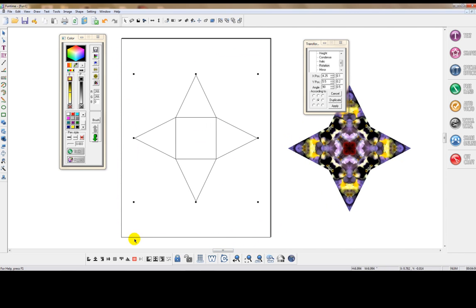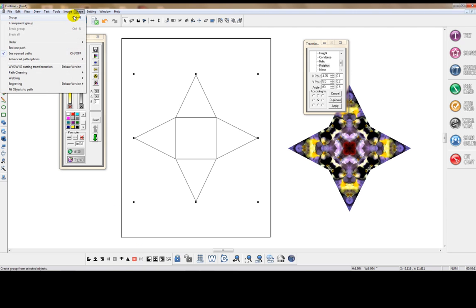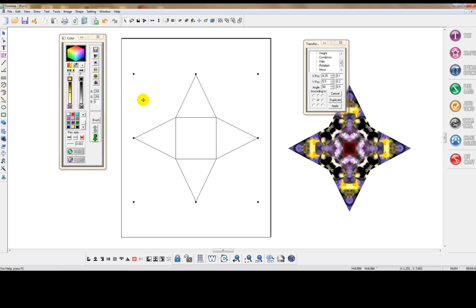Just going to recenter everything, just make sure it's all lined up. Then I'm going to hit Shape and Group because I want these all to be grouped together. And with my mouse, I'm going to right click on the red and assign the lines a red color. Okay, so that's our first vector shape, and this will be the one that makes the score lines for the